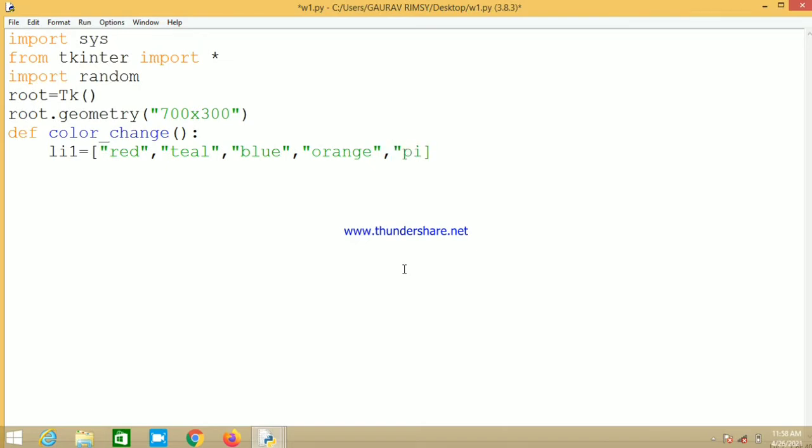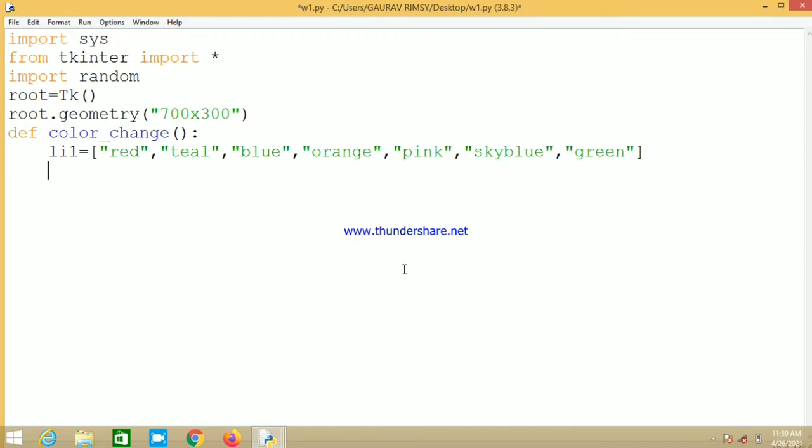Then we are defining pink. After that let's define the other colors over here. Actually these colors will help us generate the flashing message, because the flashing message flashes in different colors, so we need to define the list for that.